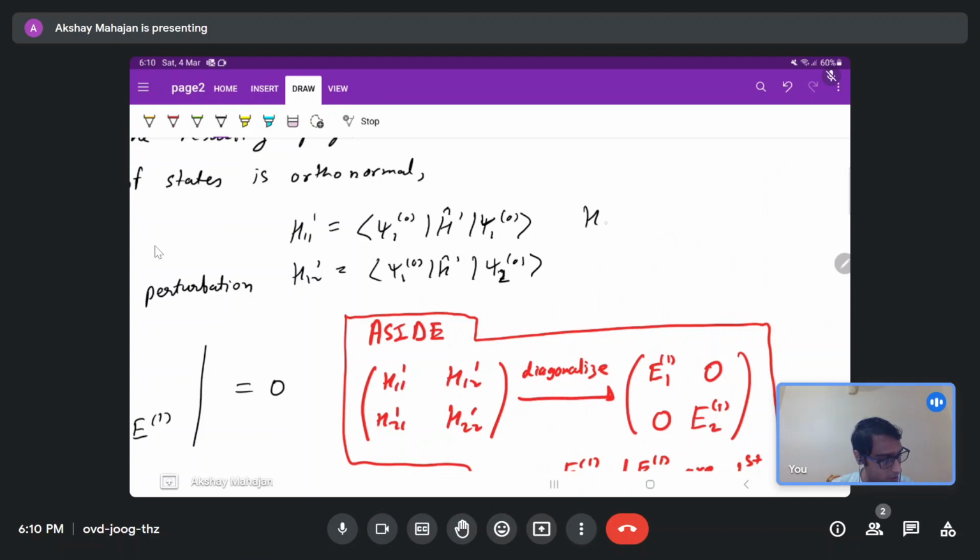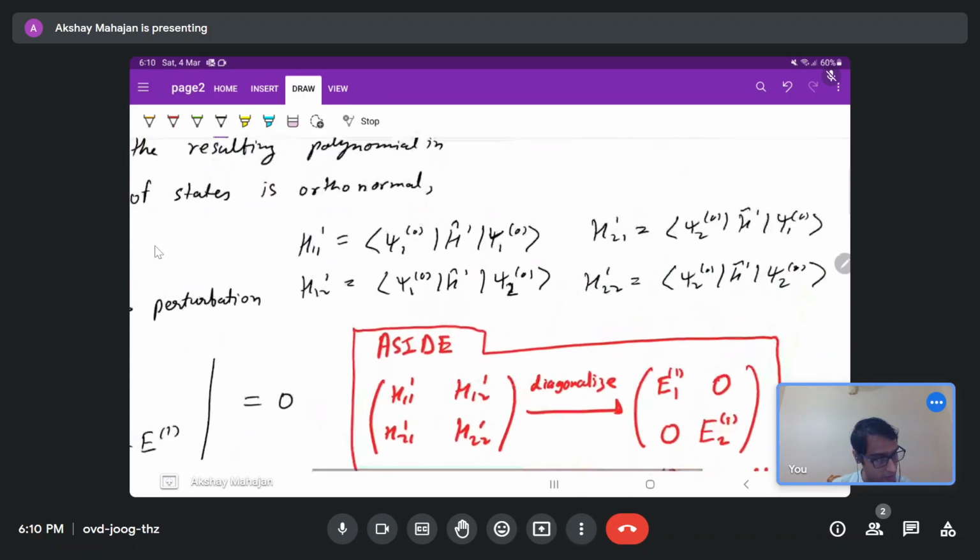Similarly, we will have h21 prime, psi 2 of 0, h cap prime, psi 1 of 0th order. Then we have h22 prime equals psi 2 of the 0th order, h cap prime, psi 2 of the zeroth order, right? These are our matrix elements,